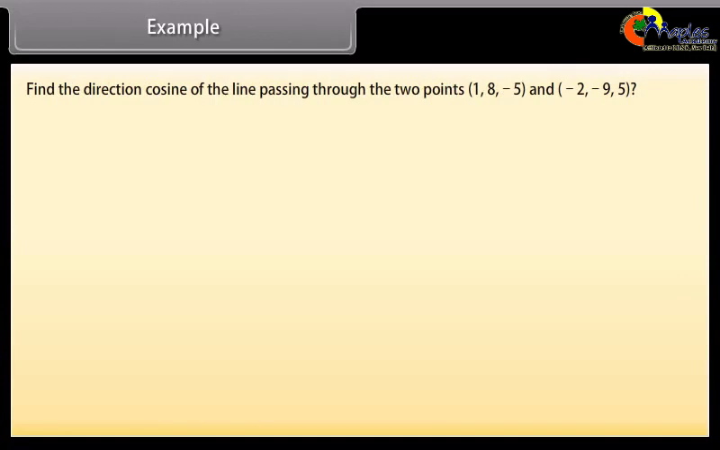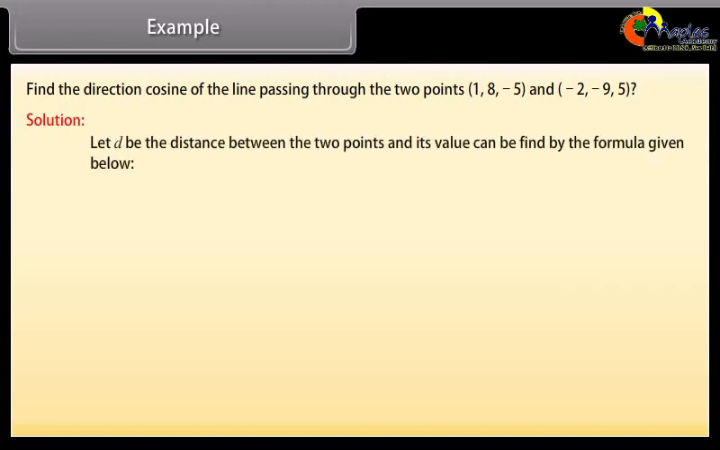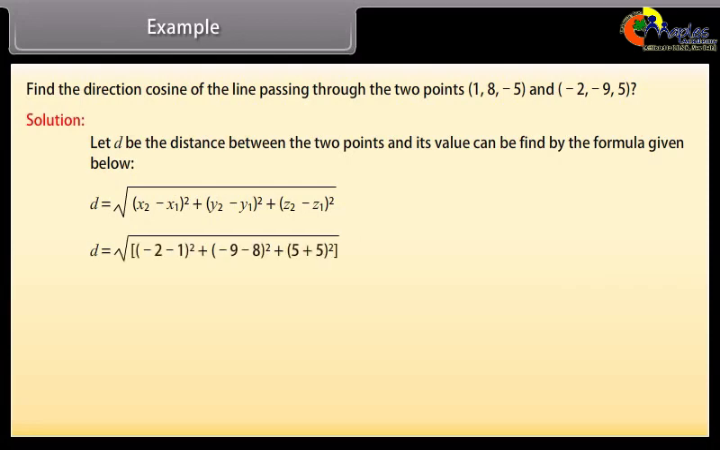Example. Find the direction cosine of the line passing through the 2 points 1, 8, minus 5 and minus 2, minus 9, 5. Solution. Let d be the distance between the 2 points and its value can be found by the formula given below. d equals the square root of (x2 minus x1) square plus (y2 minus y1) square plus (z2 minus z1) square. d equals square root of (minus 2 minus 1) square plus (minus 9 minus 8) square